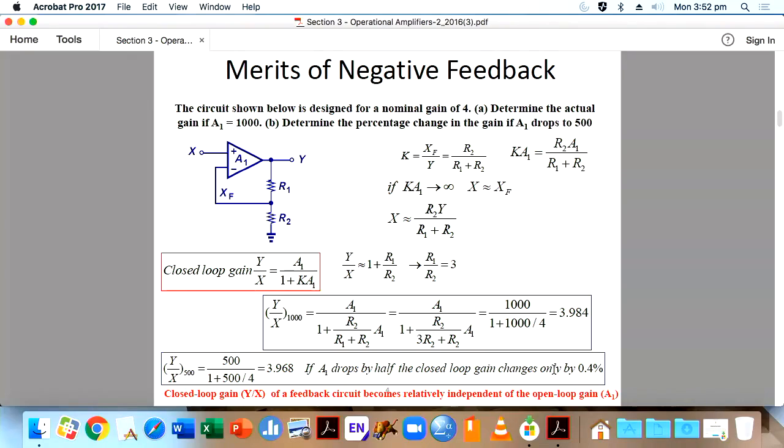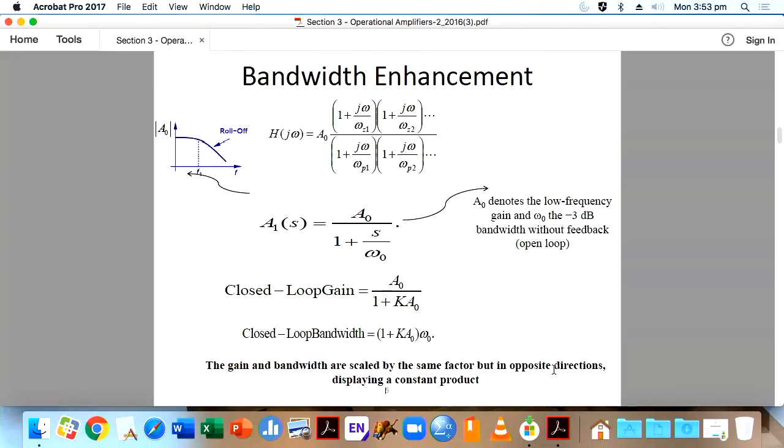Another advantage we already discussed is called bandwidth enhancement. So we can discuss it in detail now. What do you mean by bandwidth enhancement? The concept of bandwidth is very important. So when you go to the LM741,